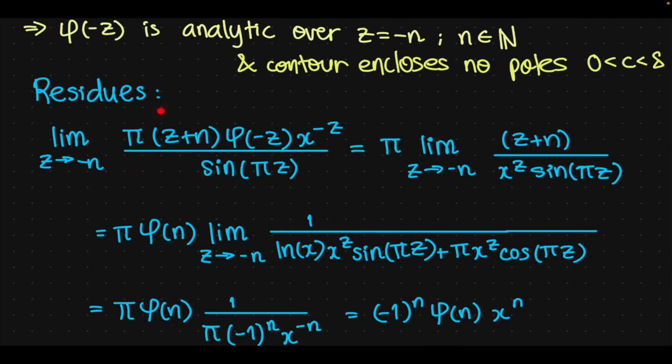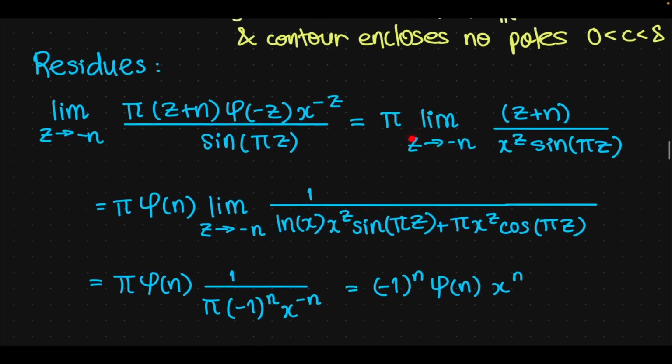Okay, moving on, the residues is a simple calculation. The only kinds of poles are for the negative natural numbers. So let's do it for an arbitrary negative natural number, and we're going to sum over them anyway. So, limit as z goes to minus n. The calculation is going to be pi times z plus n phi of minus z x to the minus z over sine of pi z, which I can rewrite as,